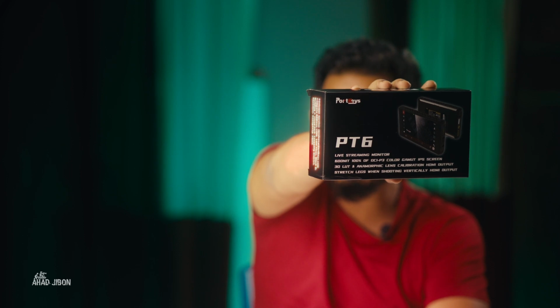If you are thinking of buying an external field monitor, you may check this one. This is Portkeys PT6 field monitor. This is a Chinese monitor. The monitor is basically marketed as a live streaming monitor, but you can use it as a very good field